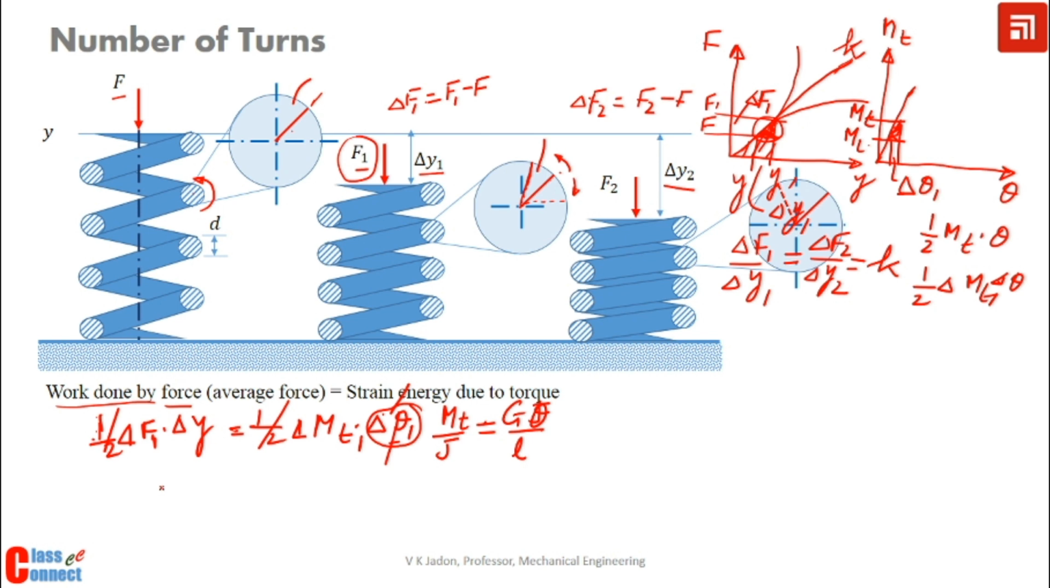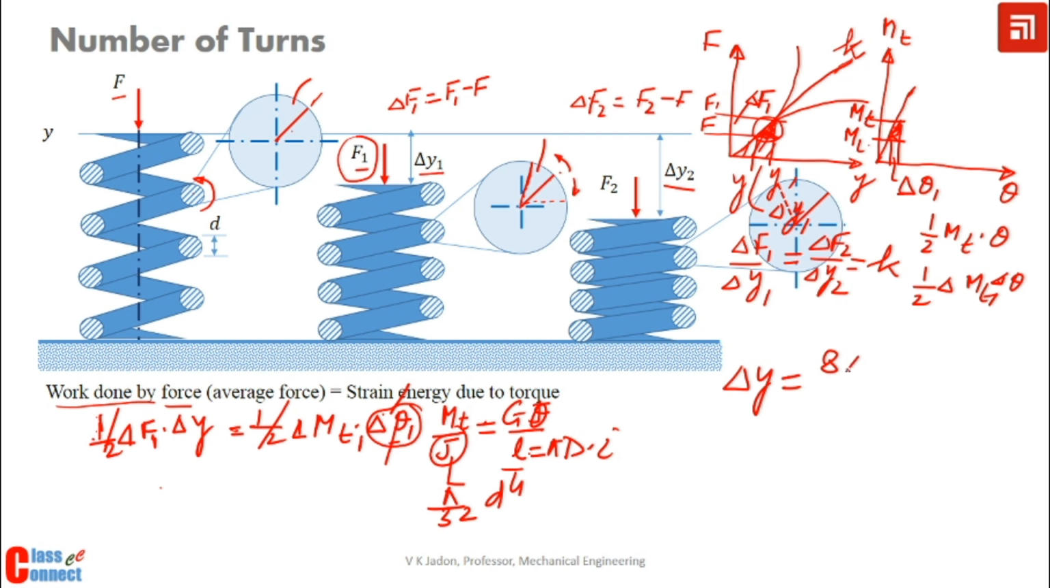We can also change L, where L is the length of the spring. This is pi D into the number of turns I, and this J is the polar moment of inertia. We know that it is pi by 32 D raised to power 4. So if we substitute everything together, we get the value of delta y,